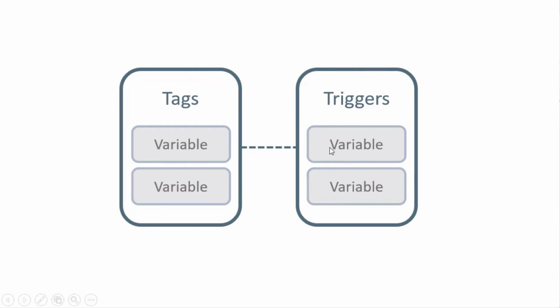And then a variable is a data point, or some set of information, or maybe some function that you use either to make the trigger more specific or to transfer that particular data to third-party tools. And I believe that variables are the most confusing, at least they were for me when I was just starting to learn Google Tag Manager. So we can take a look at this a bit differently.